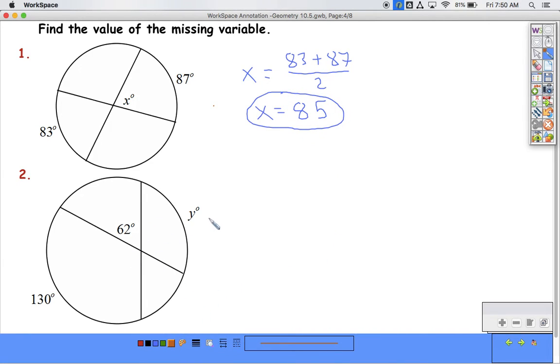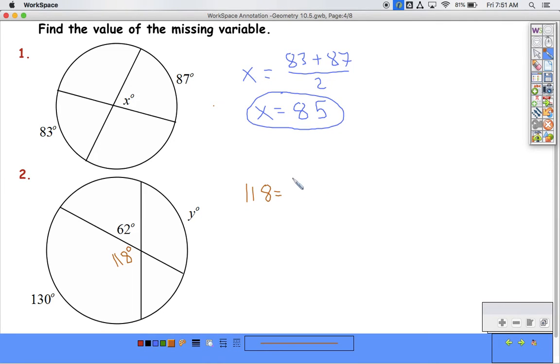Down here it gets a little trickier because now our variable is over here. See that this angle corresponds with these two arcs and not those two. So the first thing we're going to want to do is figure out the angle next to 62. So subtracting from 180, we get 118. If we follow the same pattern up here, our angle is 118. So we do 118